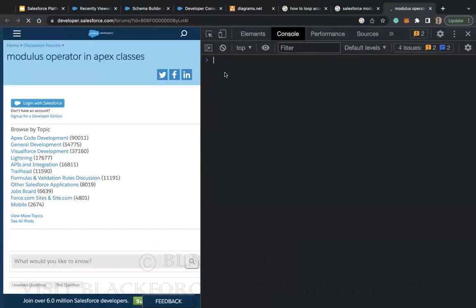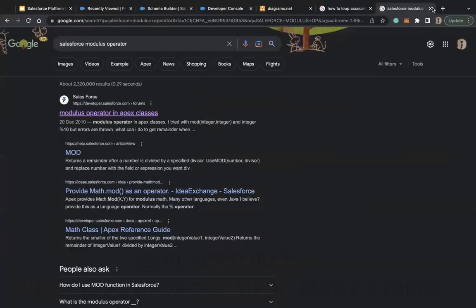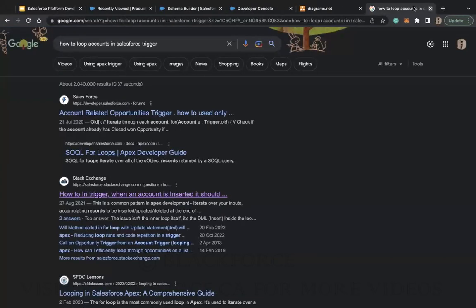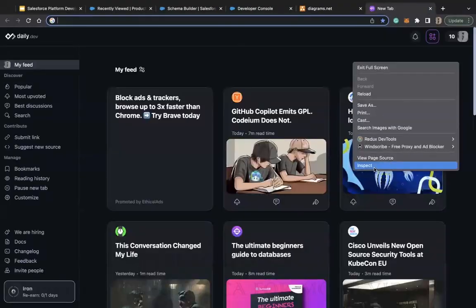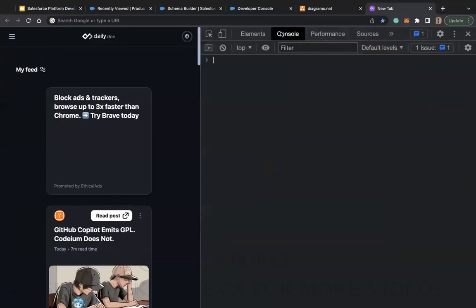Okay, so if I do... again, if you don't know about this, your browser has a JavaScript console. You can actually directly run JavaScript code there. Okay, so if I do